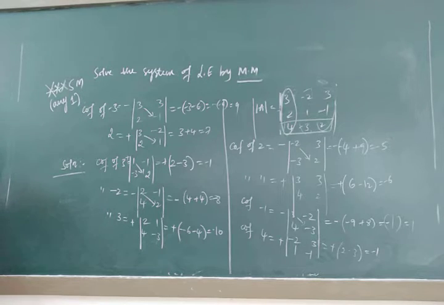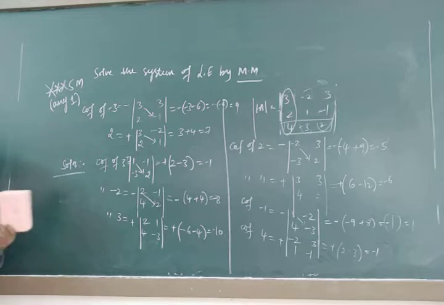Okay, what is the first value we got? It's a minus 1. What is the second value we have to get? It's a minus 2. What is the third value? It's a minus 10. What is the fourth value? It's a minus 5. What is the fifth value? It's a minus 6. The sixth value is 1. Next the seventh value is minus 1, the eighth value is 9, and the ninth value is 7.